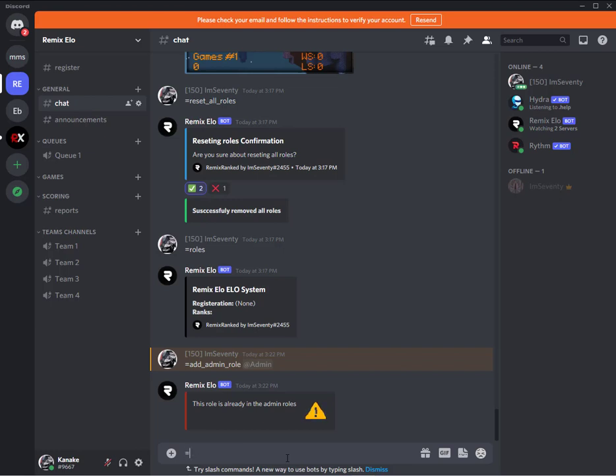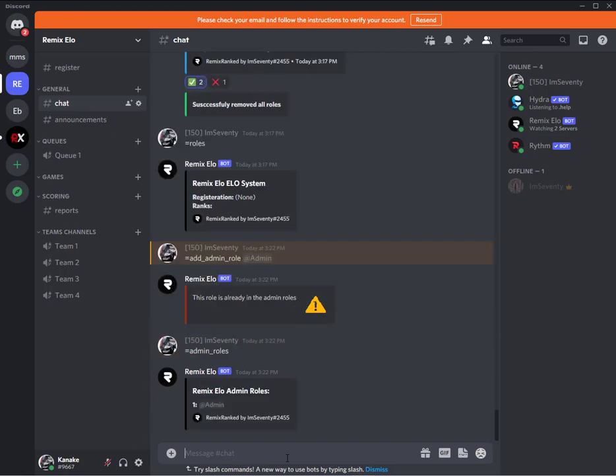And if I wanted to see all the admin roles in my server, you can just do equal admin underscore roles. So all the members that have this rank will be able to use all the commands in the bot. And there is another option, to allow someone to use just the scoring commands